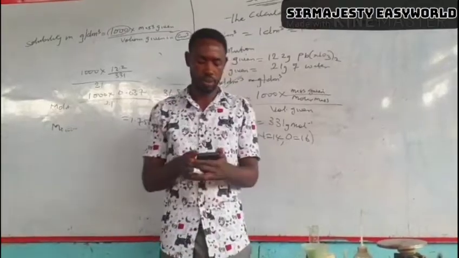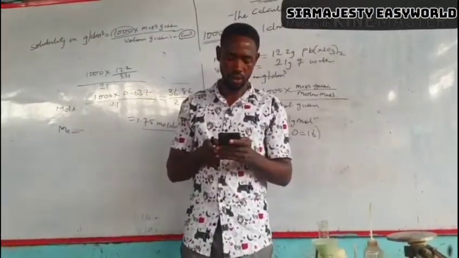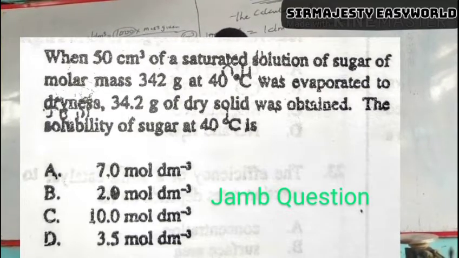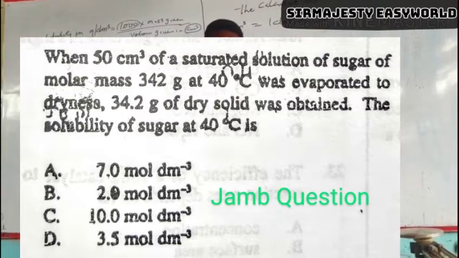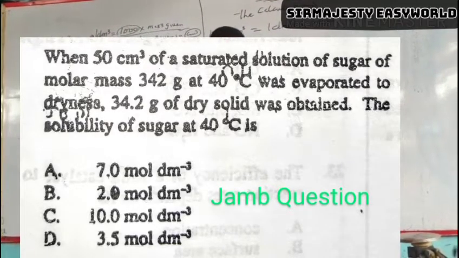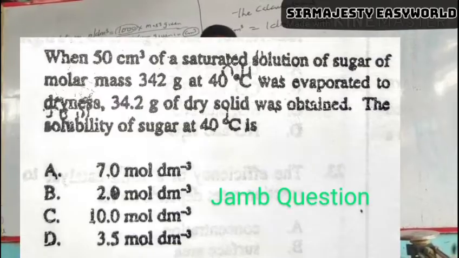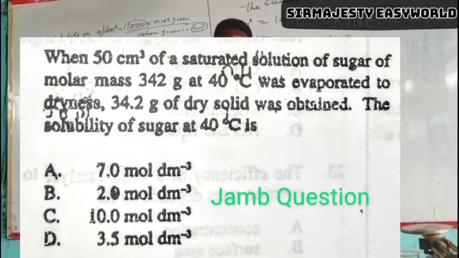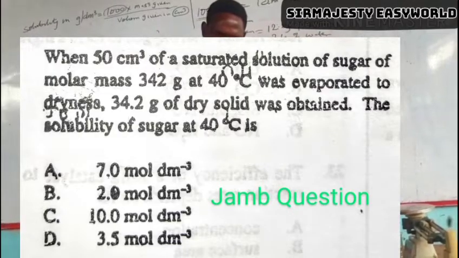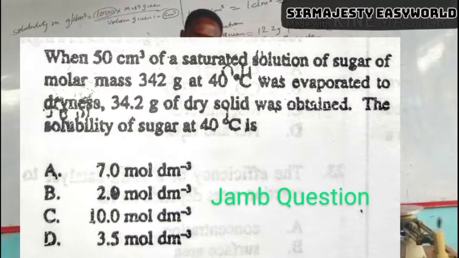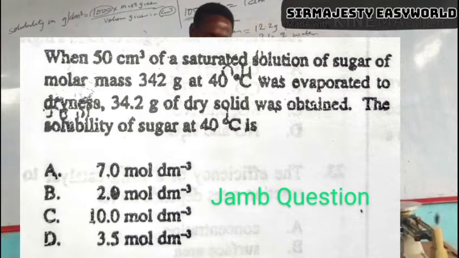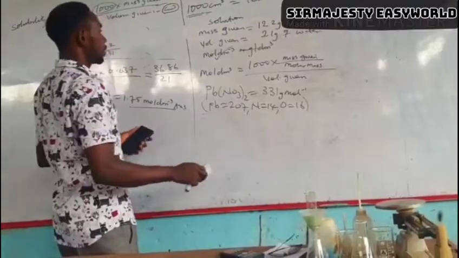We take another example, question there on the screen, and I read, when 50 cm cube, that's our volume given, 50 cm cube of a saturated solution of sugar of molar mass 342 gram at 40 degrees Celsius was evaporated to dryness, 34.2 grams of dry solid was obtained. The solubility of sugar at 40 degrees is, when I look at the options given to me, in mole per dm cube. So, using our normal cheat,